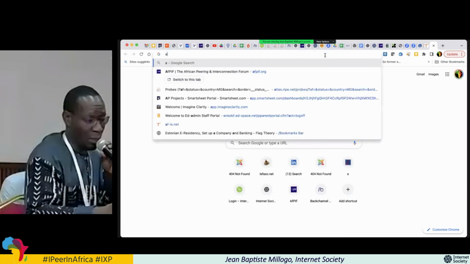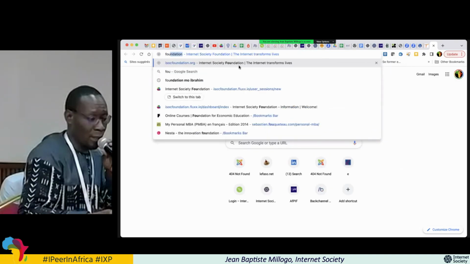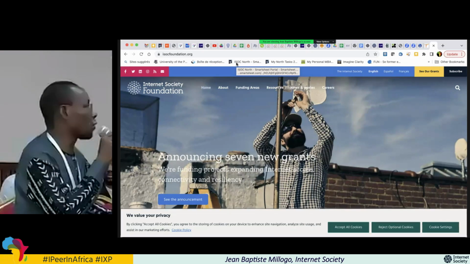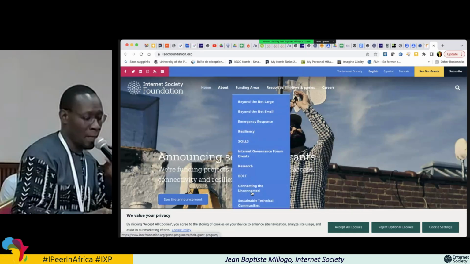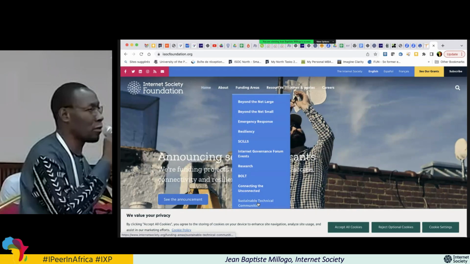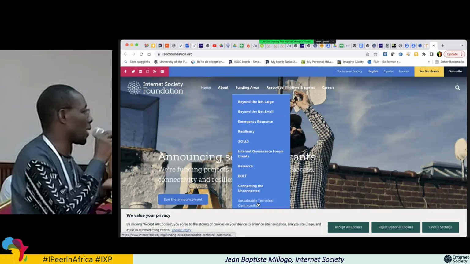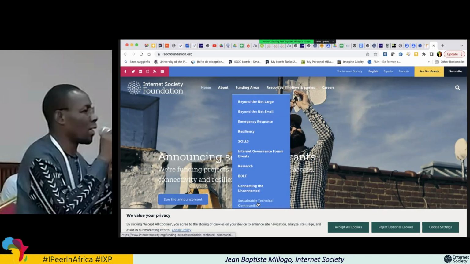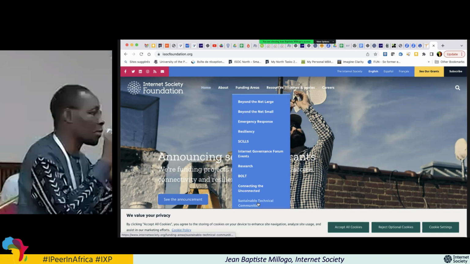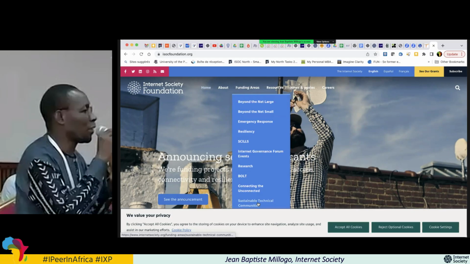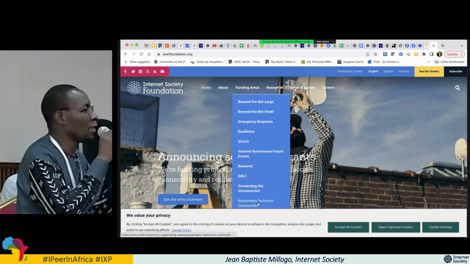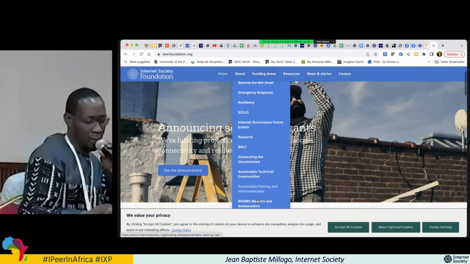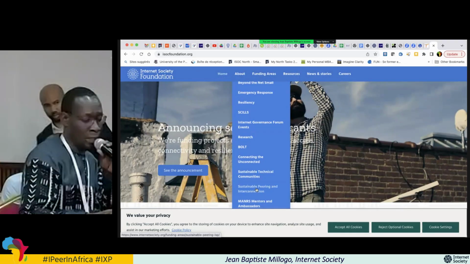Now, for the last element, we'll give the floor to Bilal. We talked about opportunities to support the IXPs, and I'm reaching out here to community IXPs. If you look on the ISOC website, we've got partnerships with a number of stakeholders, including ICANN and Meta, with whom we've been working at deploying new IXPs in countries where there are none, or to bring support to IXPs that are struggling to function for a number of reasons. So if you look at the website here, you can see you've got a number of opportunities,